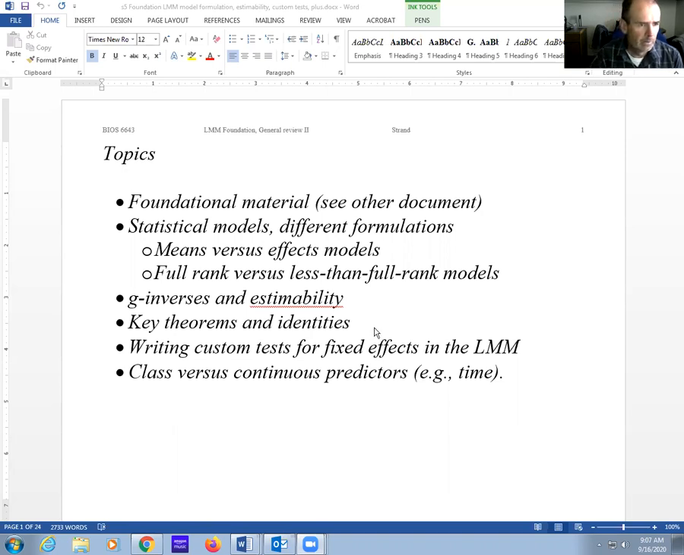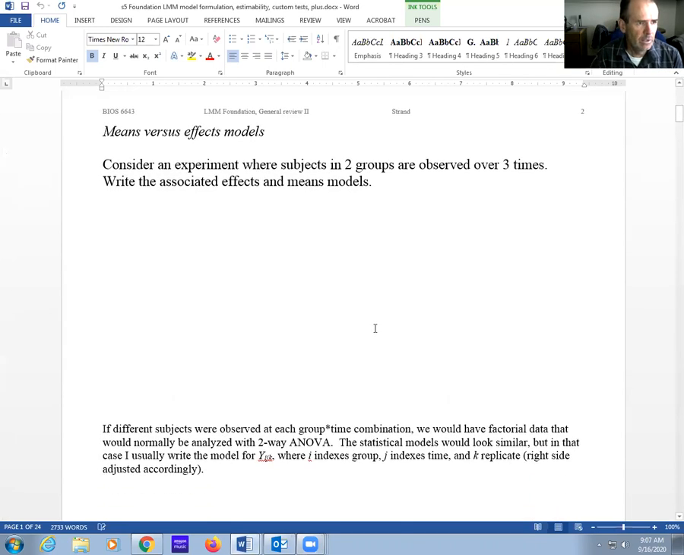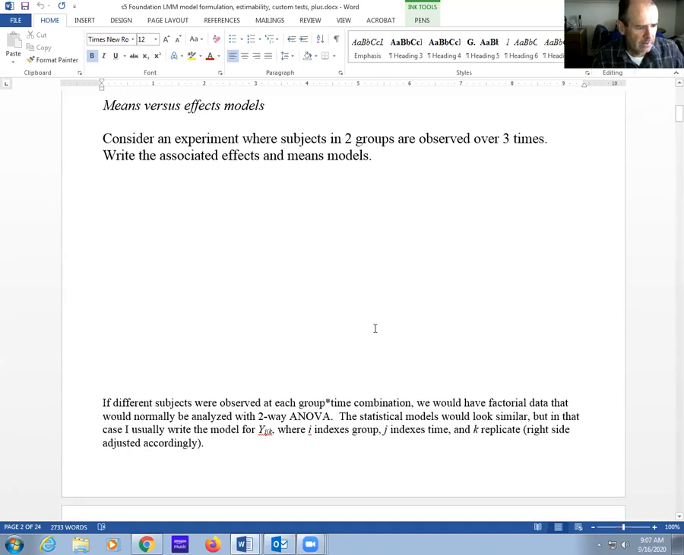So means models versus effects models. Does that ring a bell? Okay, good. So there's different ways to formulate the model, and one of the distinctions is writing a means model versus an effects model. So let's say we have